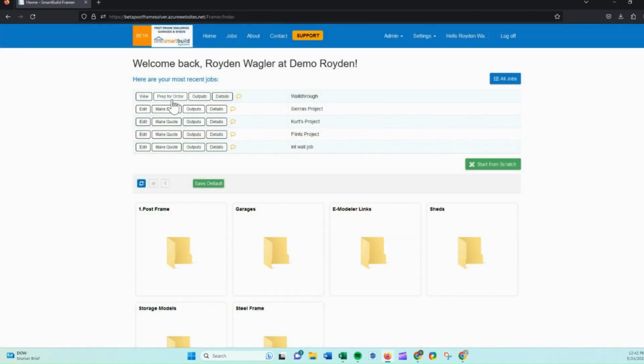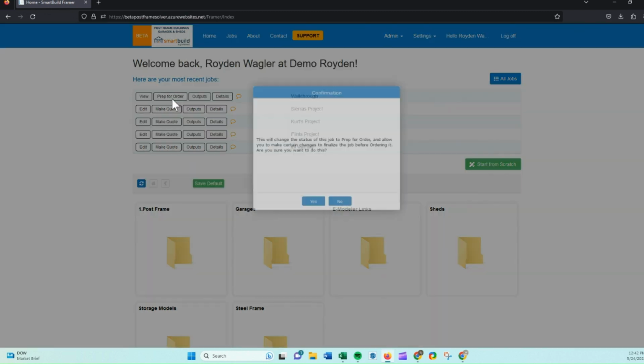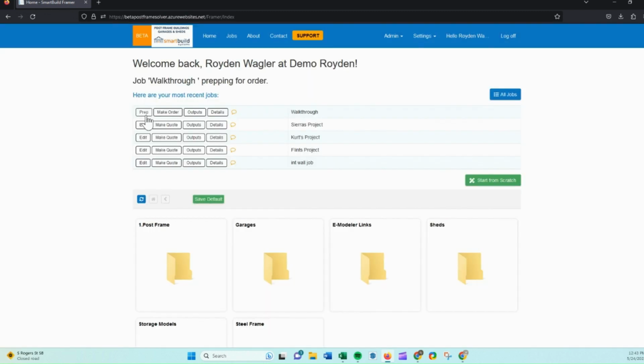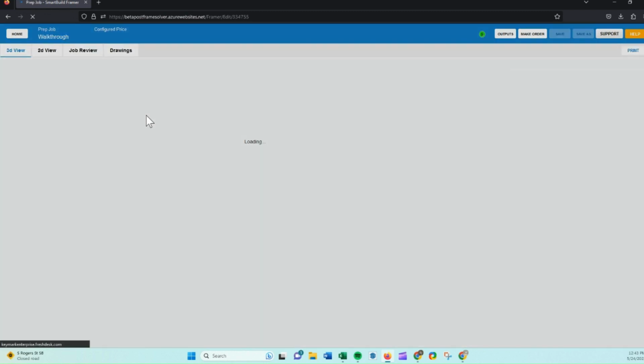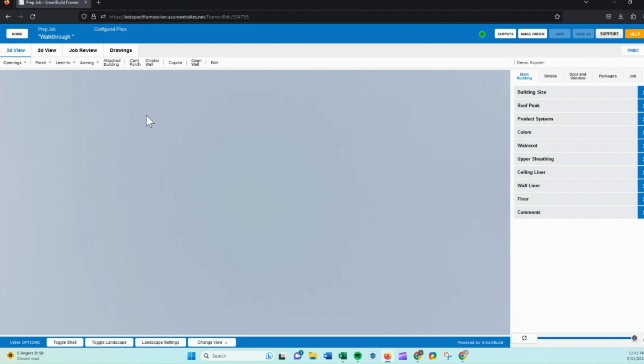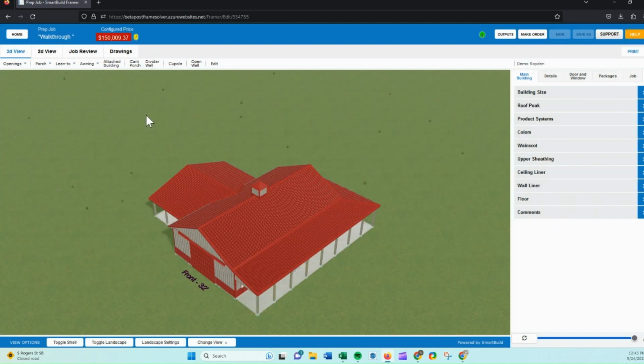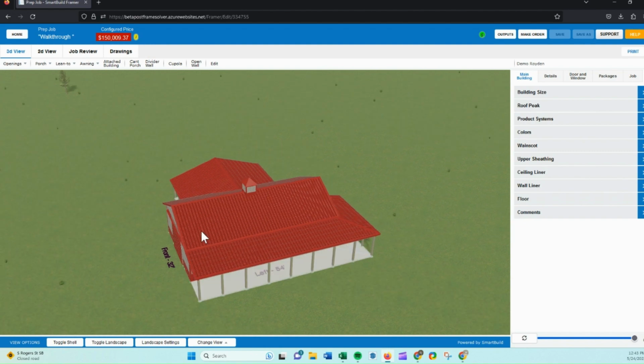You can also put a job in prep for order status. As soon as you put it in prep for order status, it allows you to go into that job, choose materials, and add or delete items to that list. So if you want to fine tune your material list, maybe delete an extra piece of lumber that you're not going to need for the way you're framing it, or add an extra piece of material, anything that you want